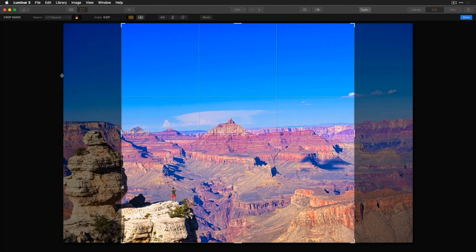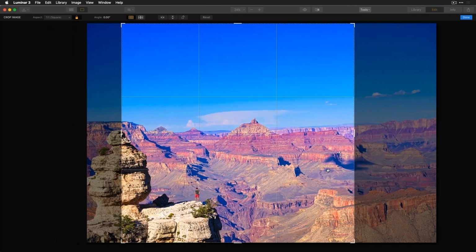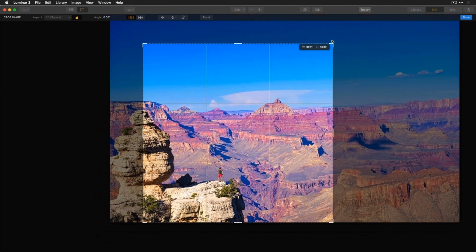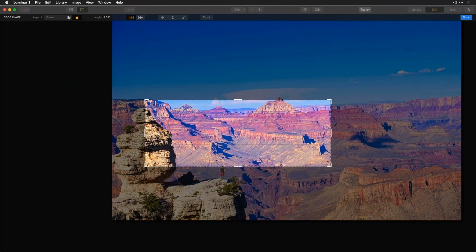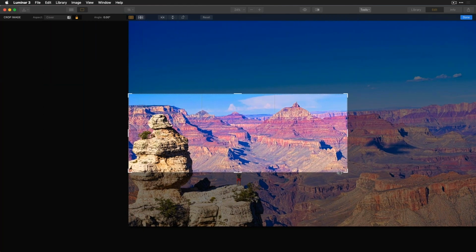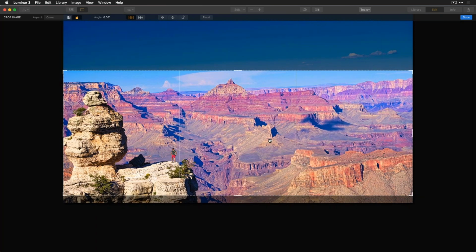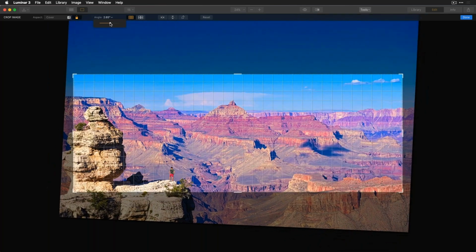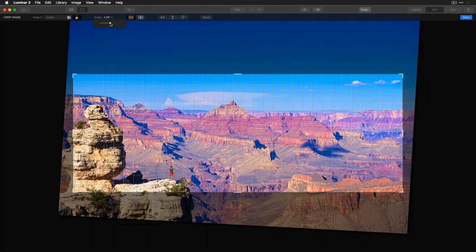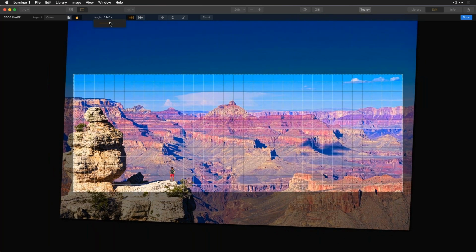So if I want it to be 1x1 for Instagram, I could easily do that. If I wanted it to be a cover photo for Facebook, I don't have to remember what the aspect ratio is. I can very easily do that. And of course, if it feels a little crooked, I can go up here to angle, and I could just dial that angle in. So even though it probably was straight, it gives the appearance of being a little crooked,